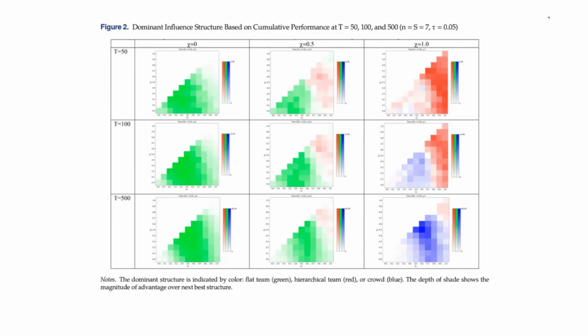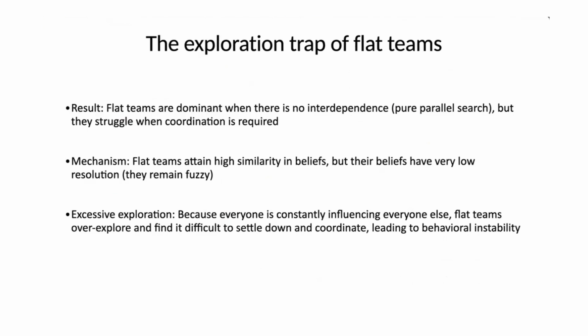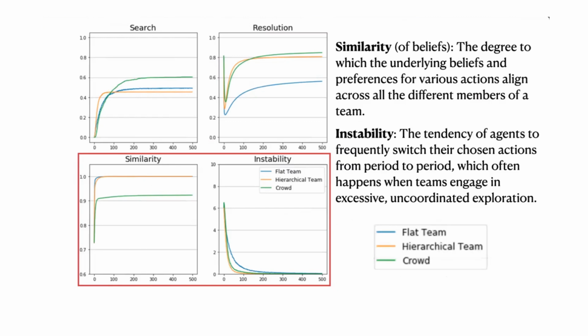So why couldn't the flat team converge? Right. The mechanism here is that they attain high similarity in beliefs, but the beliefs have very low resolution. Similarity is here, bottom left, and we can see the similarity of the flat team is the highest in initial rounds. So why are they similar? You can think of the network structure. Every agent is influencing the others simultaneously, and they're fully connected, meaning that they all become similar to each other,